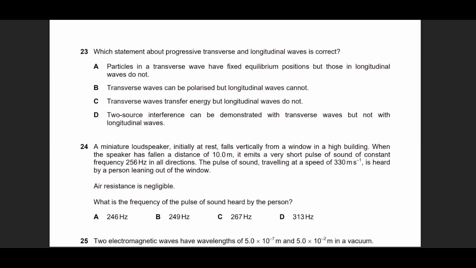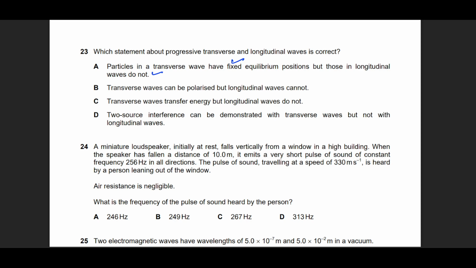Okay? All right. So question number 23 is based on memory. We understand that transverse and longitudinal waves are the correct topic. He's going to give you multiple statements. Let's discuss the problems with everyone. Particles in transverse wave have fixed equilibrium positions, but longitudinal waves do not. This is wrong. They do have a fixed position, and even longitudinal ones do have